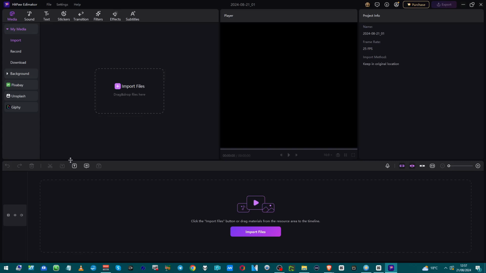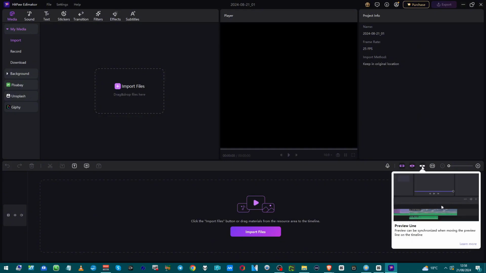The usual things here: the menu, importing files, the player, the project properties. You can obviously then have the timeline down here, and you can actually import directly to the timeline. Very similar to CapCut with the icons, various things here. You can do a quick text thing, AI copywriting. Here are the various ways that you can control the timeline,